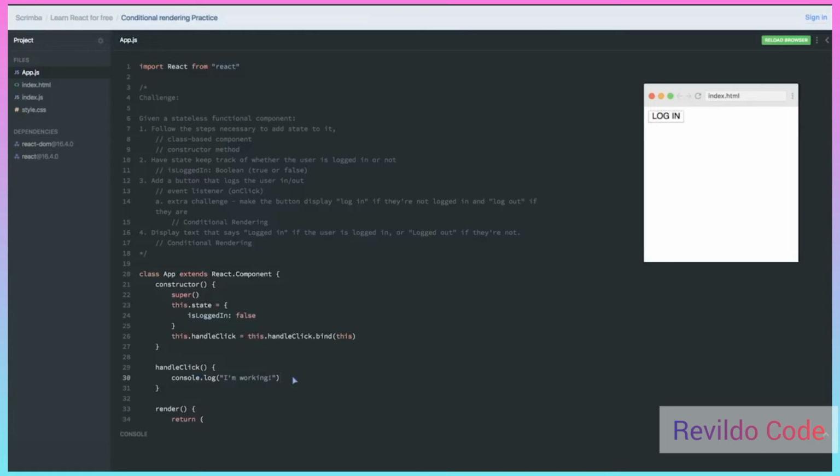Now we can check if I click the button, if it will console log I'm working. I refresh the page and I get this login button. And when I click it, okay, our console log is working just fine. And that's awesome. Now the thing I want handleClick to do is change false to true or true to false,